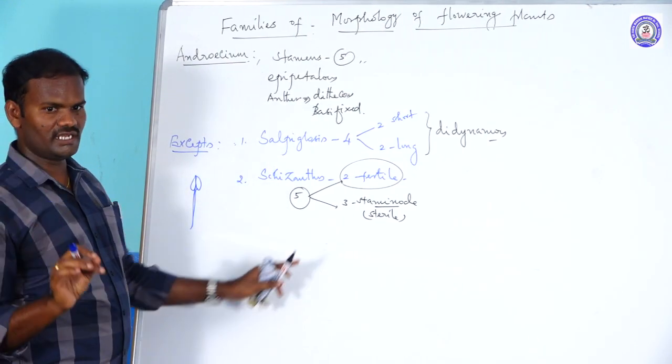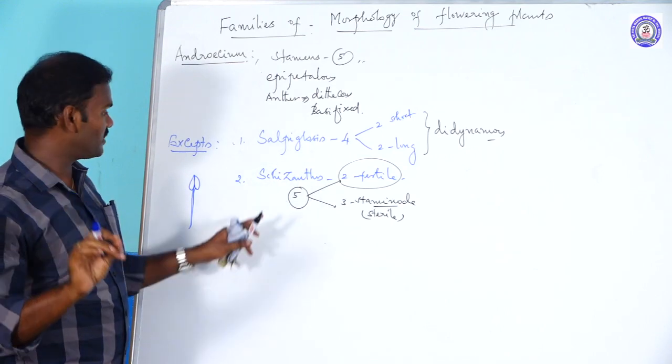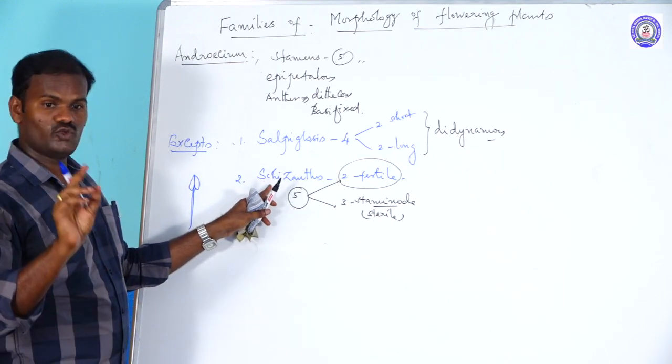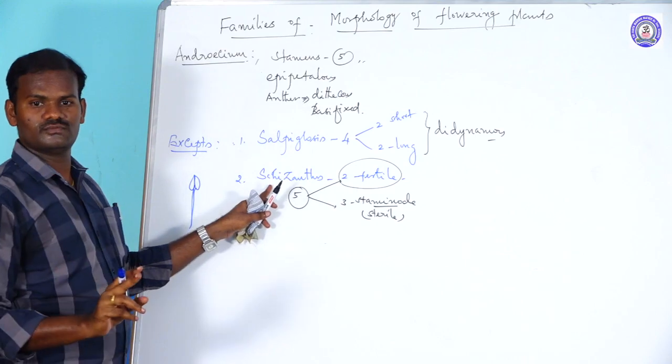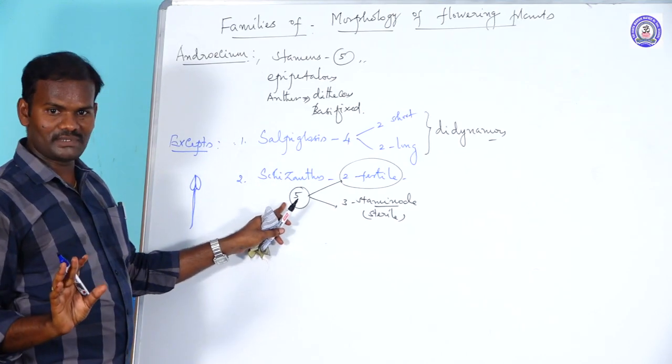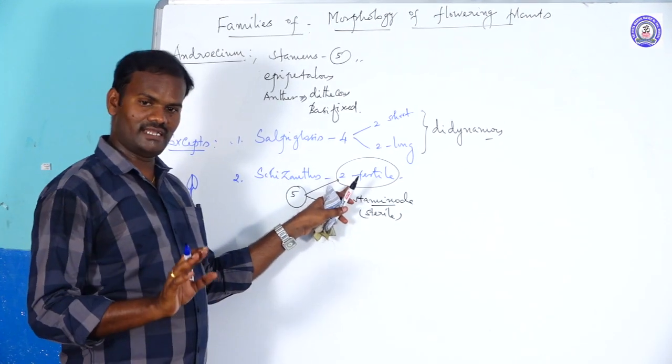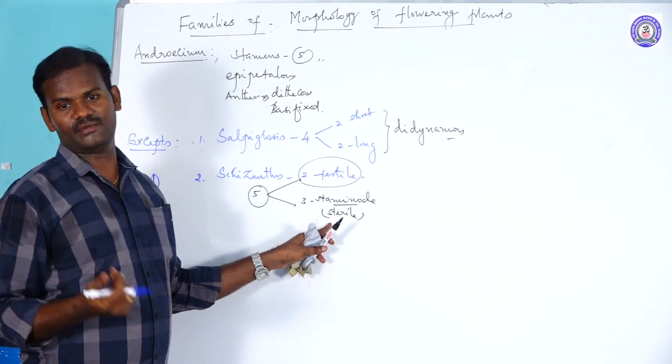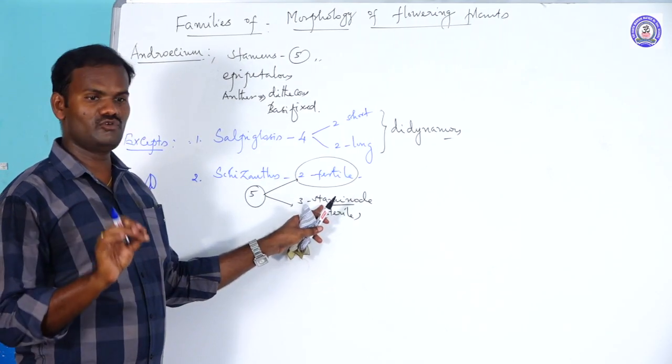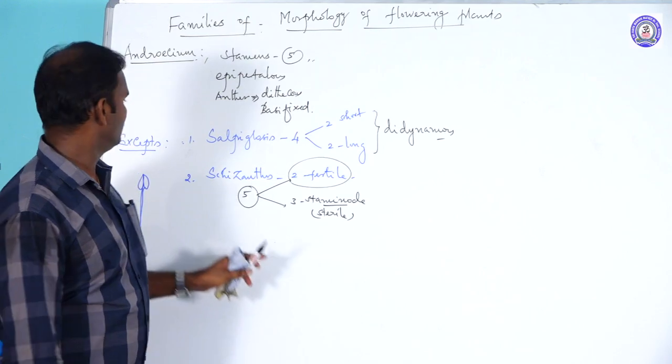But what is the deep question? The number of stamens present in Schizanthus pinnatus, your answer is 2. But actually 5 stamens are present. Why are only 2 stamens counted? Because the other 3 stamens are sterile. They are reduced into staminodes. Staminode in the sense is sterile stamens. The next,